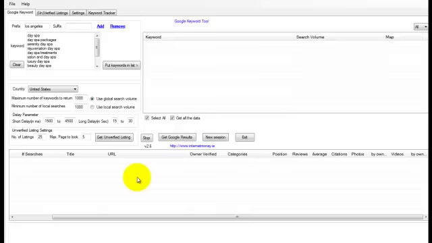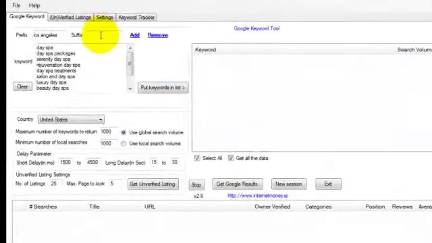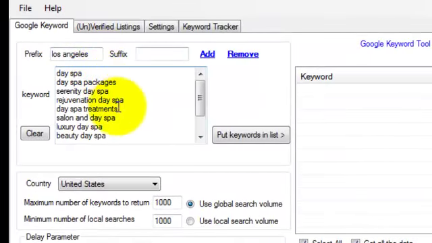Okay guys, I wanted to give you a review of this Mappy Google Places tool and show you some of the things that it has the power to do and help you accomplish. What I've done is I've loaded up some general keyword terms I got from the Google keyword tool, and what you can do up here is